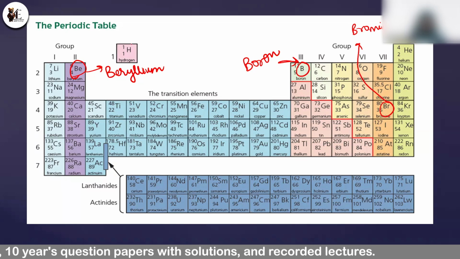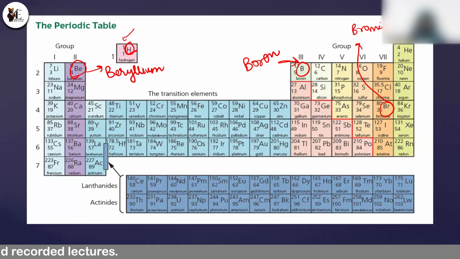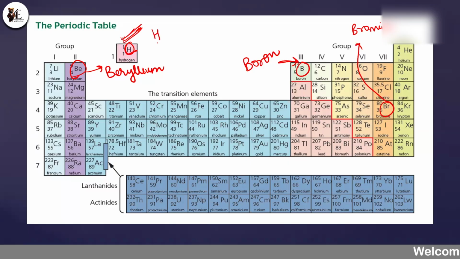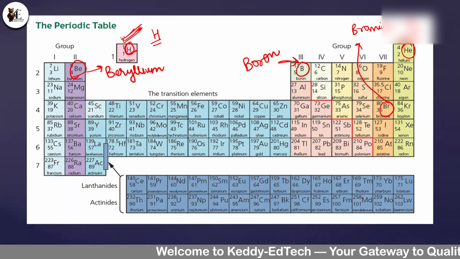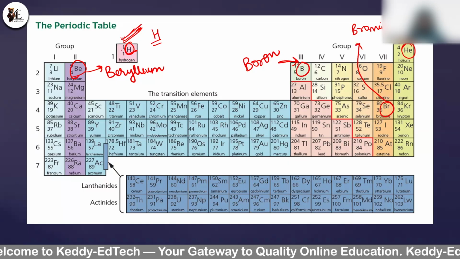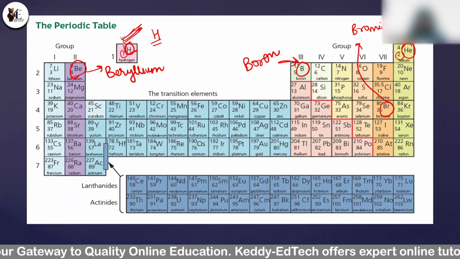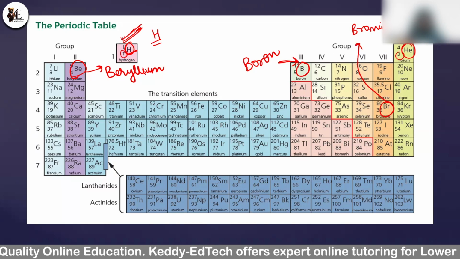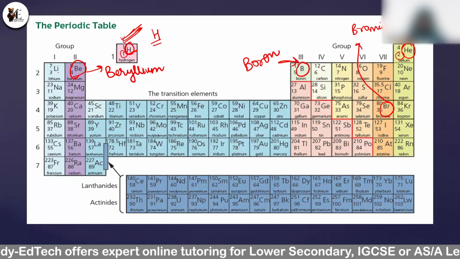For example, starting with this, what is this called? This one, H. Hydrogen. Yes, it is hydrogen. And what is this? This one, He. Helium. Yes. So you should know hydrogen, its atomic number is 1. Helium, its atomic number is 2. Don't worry, we'll study in detail what is atomic number. I'm just letting you have an idea of what the periodic table is, and how many elements are present in it.